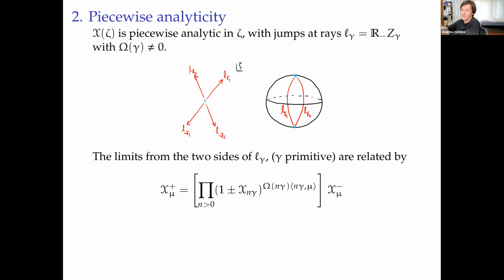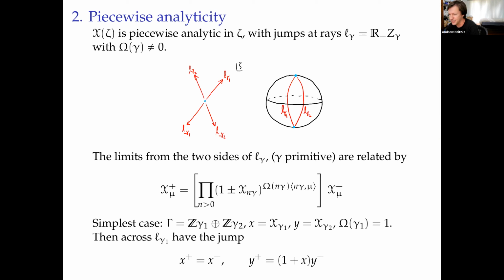So we're looking at a map. We organize these x gammas into a map to the torus. And what we're saying is that when we cross one of these rays, that map jumps by some automorphism of the torus. These automorphisms, I probably should have written Kontsevich, Soibelman, and Fock-Goncharov here. These automorphisms are kind of well known in DT theory and cluster theory.